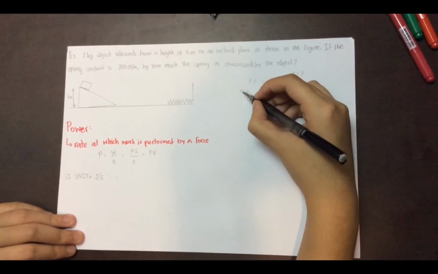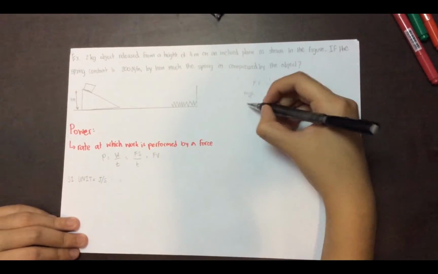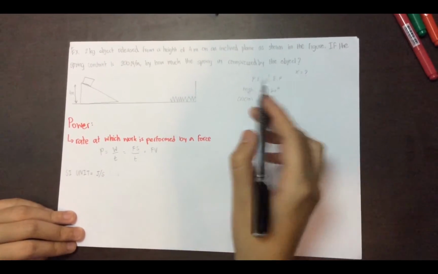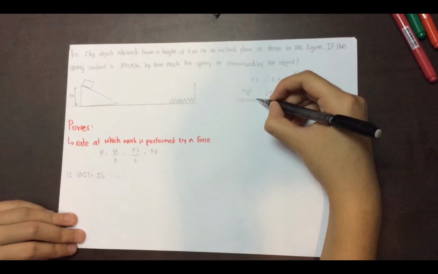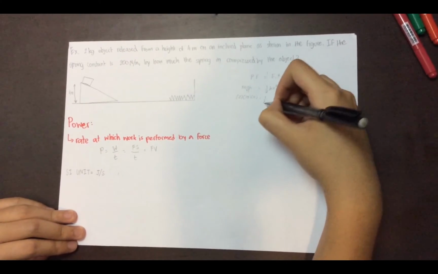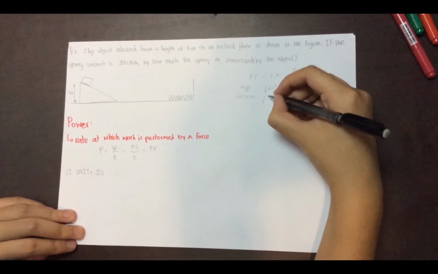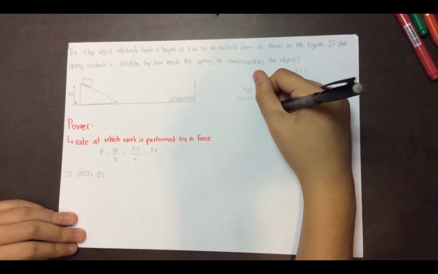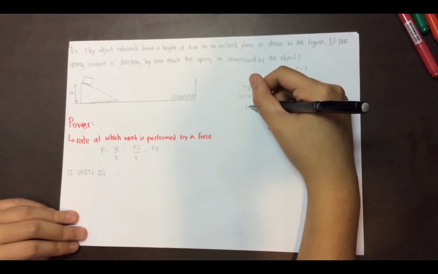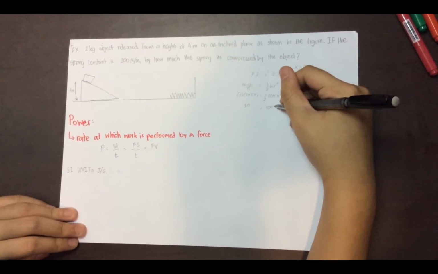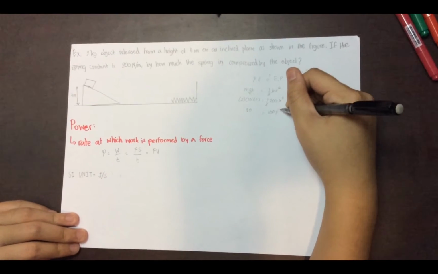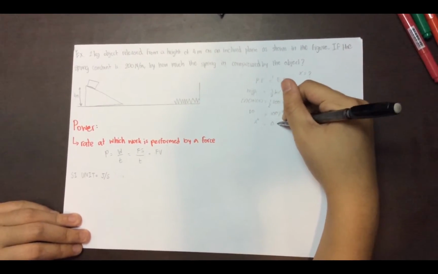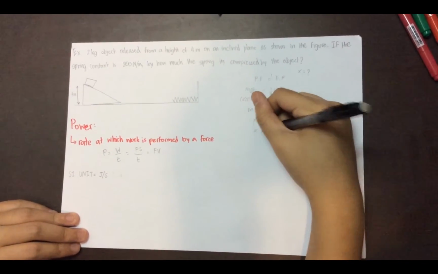For m, we know it is 2, g is 10, and the height is 4, equal to 1/2 times k, where k equals 200, and we don't know x. So we find x. x squared is equal to 0.8. So x will be